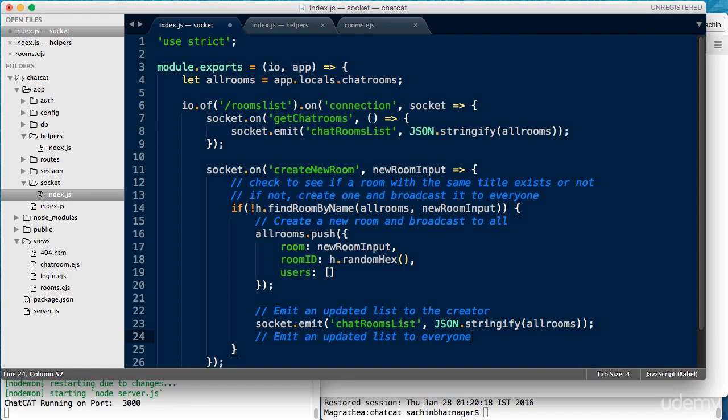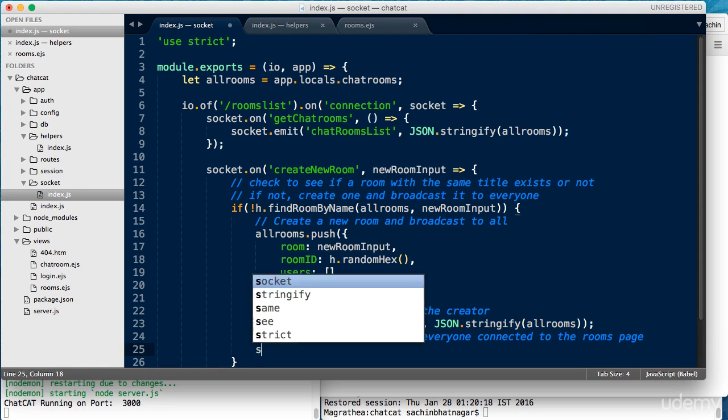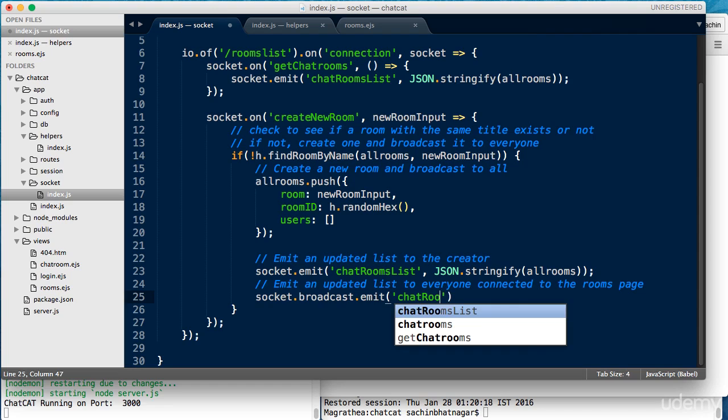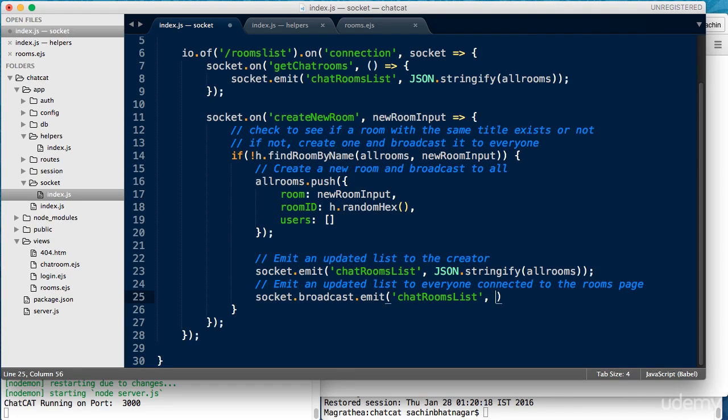Now, to ensure our updated list reaches all those who are actively connected to the rooms page at that moment, we'll use the socket.broadcast.emit method. The rest of the method invocation is exactly the same except for the presence of the word broadcast. This sends out the chat rooms list event to all connected sockets in the rooms list namespace.